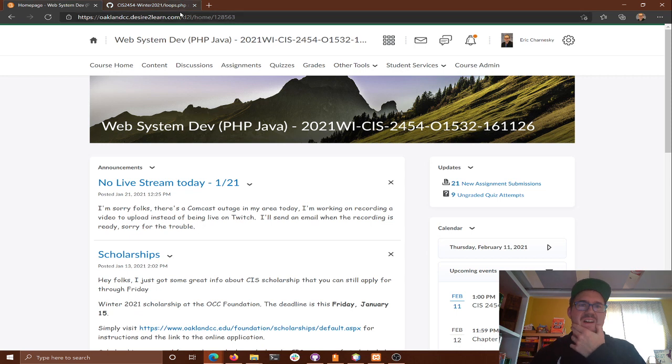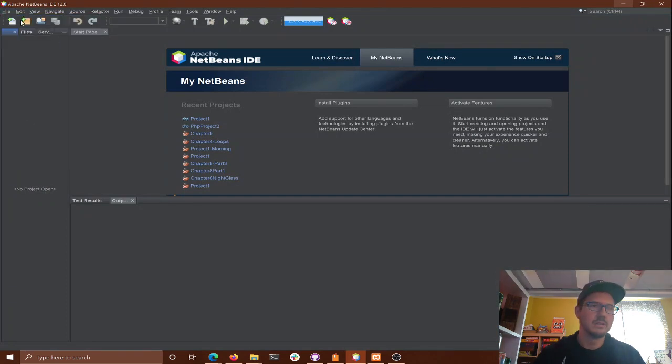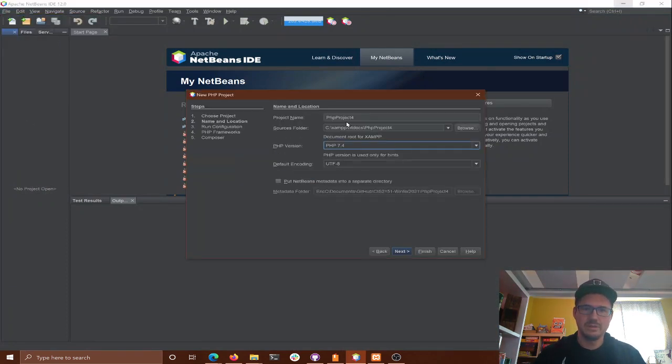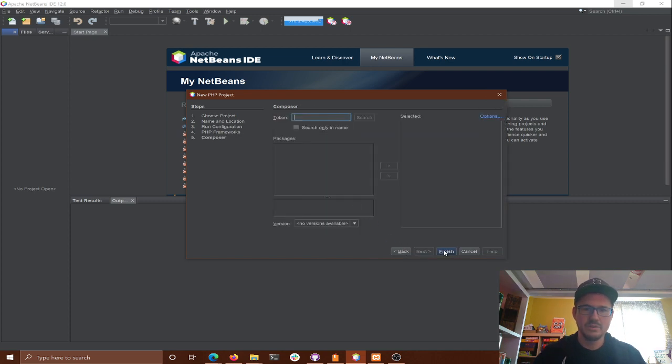So, all right, we're moving on to database access. So accessing a database with our program. In XAMPP, make sure we've got Apache and MySQL up and running. Okay, and then we can go from there. So let's start up a new project. Call this one database program. That's not great, but that's okay. That'll work. Changing my port number.